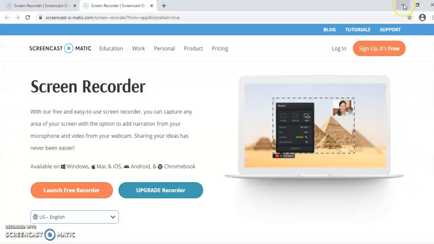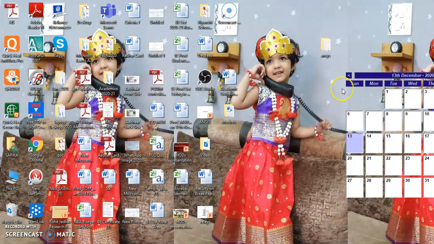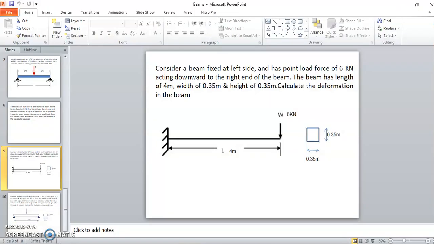Hello students, today we are going to go with the practicals which are related to the ANSYS workbench, and we are going to solve the problems on beams in this ANSYS workbench, which is nothing but a finite element analysis tool where we can preview or predict the types of deformation or types of stresses that can be developed in the beam.